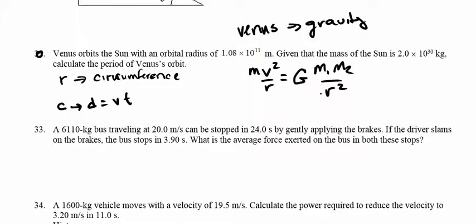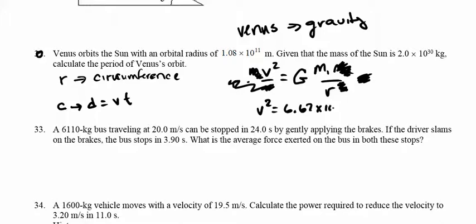Well, the nice thing here is, what's traveling? We're going to say that m2 is Venus. It says Venus orbits the Sun, so it's Venus that's traveling in centripetal motion. I'm just going to say arbitrarily that it's m2. Well, that means that m2 we're going to cancel out on both sides. If I multiply this side by r and this side by r, that cancels out the radius and cancels out one of the two r squareds. So basically I'm left with now